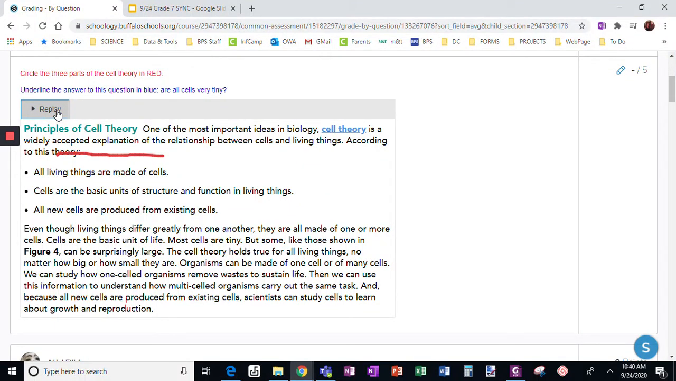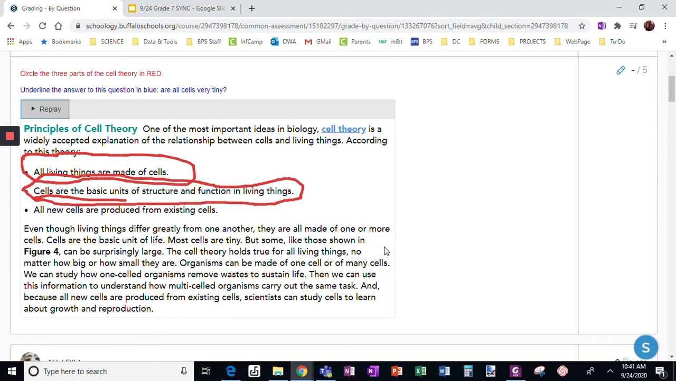Okay, I'm going to show you what a highlight image question shows up as answers. Here's my question: circle the three parts of the cell theory in red. You can see it showing me, as the student completed the question, what they actually did. And then underline the answer to this question in blue: are all cells very tiny? Again, you can see students circled the three parts and then is in the process of underlining the answer to